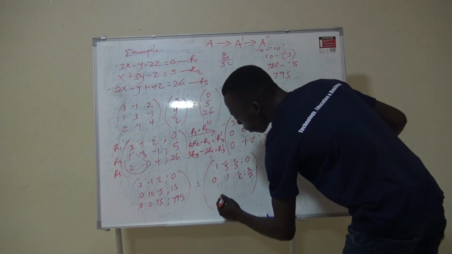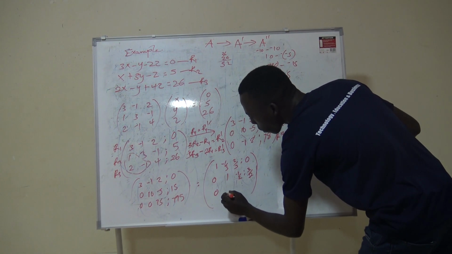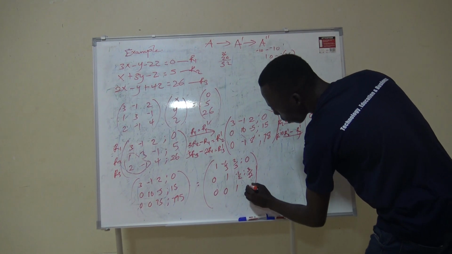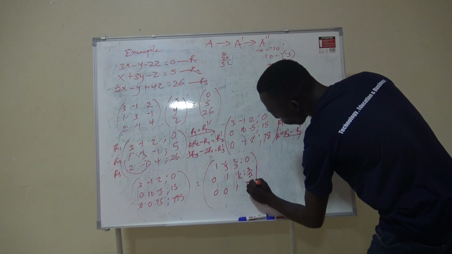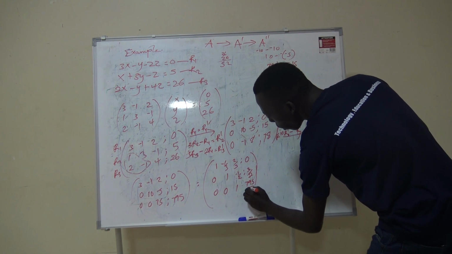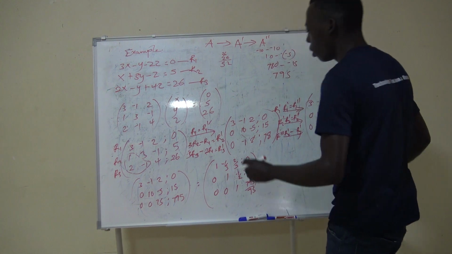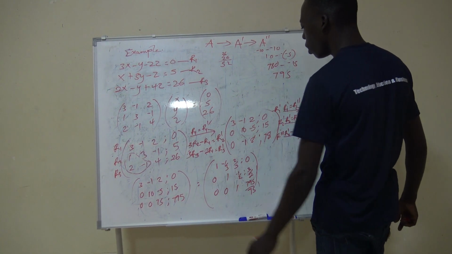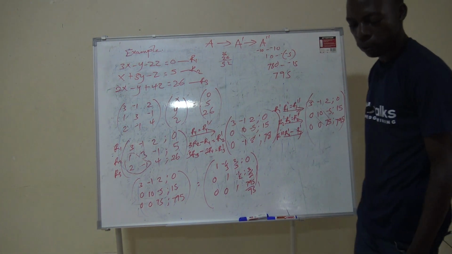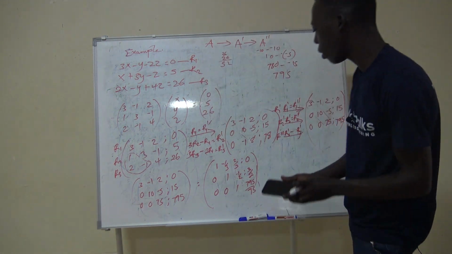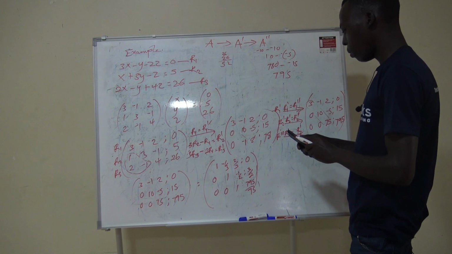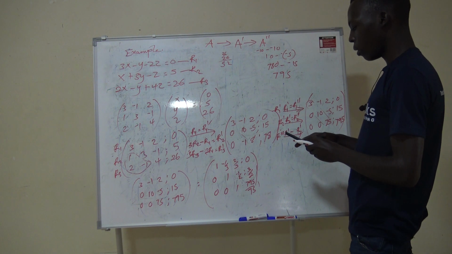So also this one will be 0, 0. Here it is 1. Then here it becomes 795 out of 75. So now we are dealing with this. So remember here it is 1, 1, 1. Then that means here we can continue. So first of all, when you divide 795 by 75,